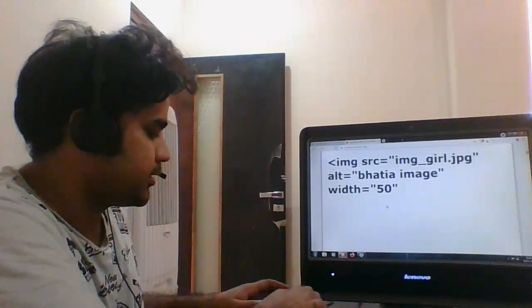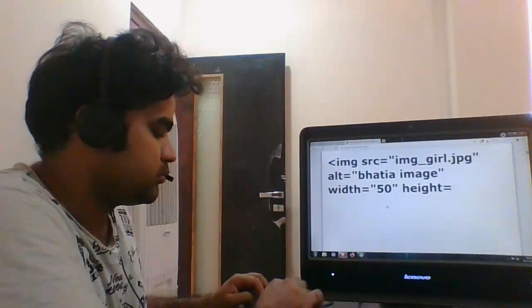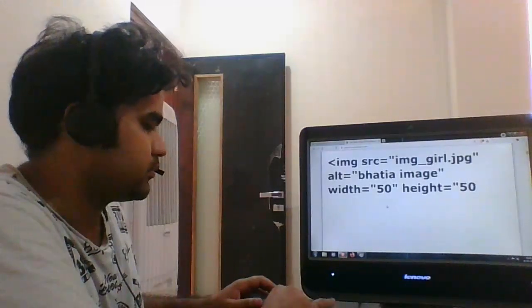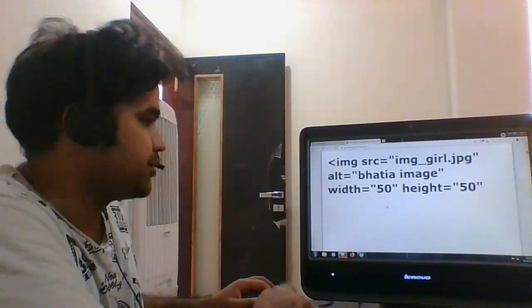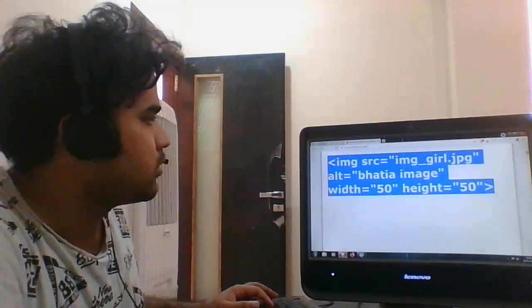It's automatically taking it as pixels. Keep the height as 50 again. We've just written the two attributes without using the style attribute, and then